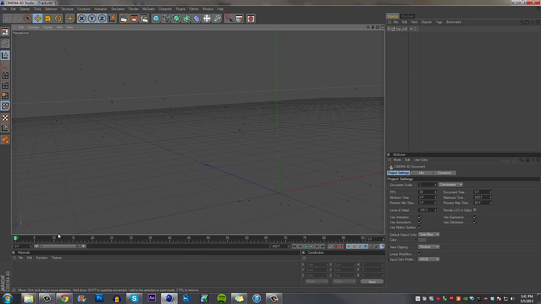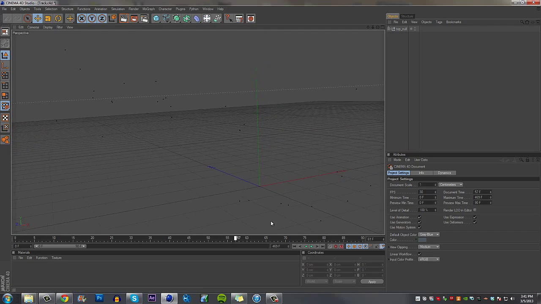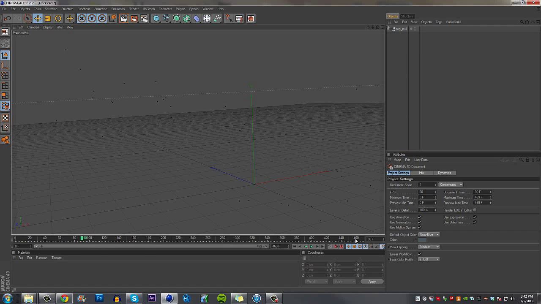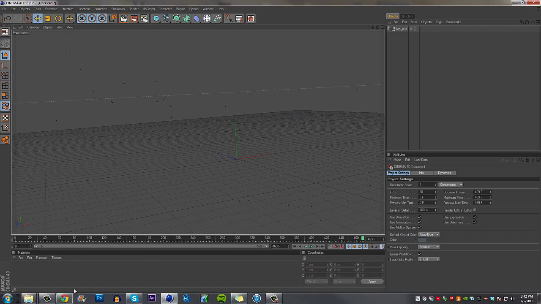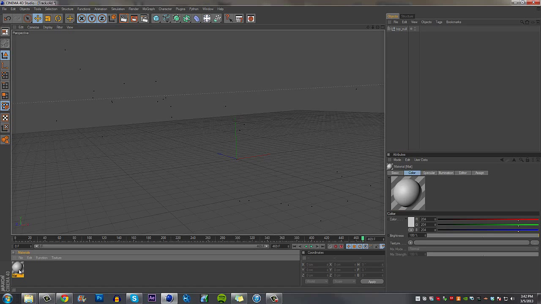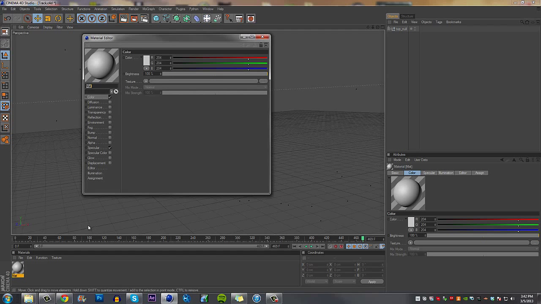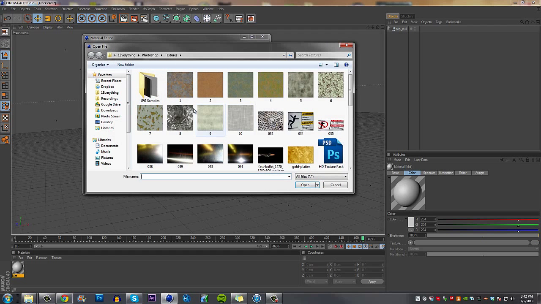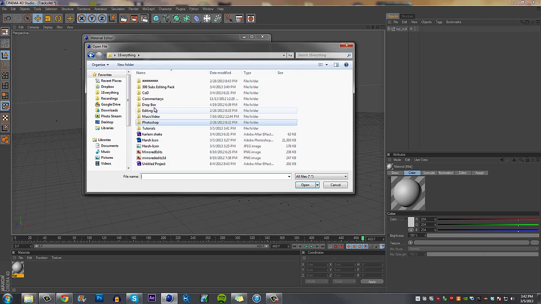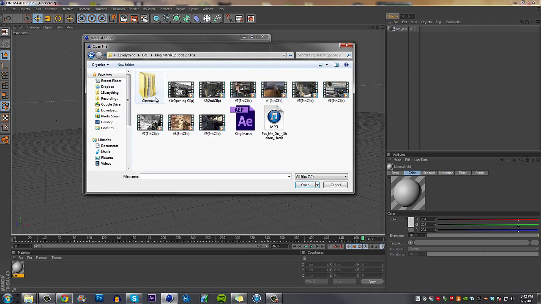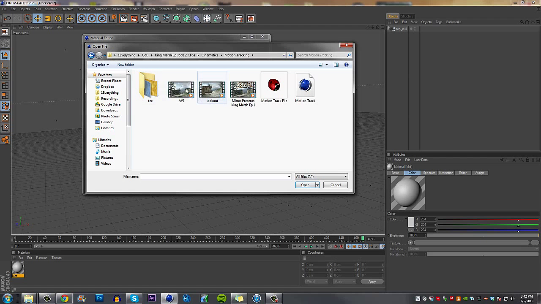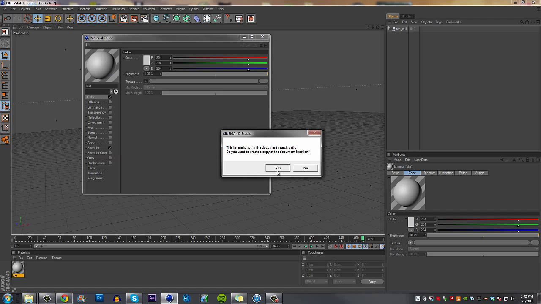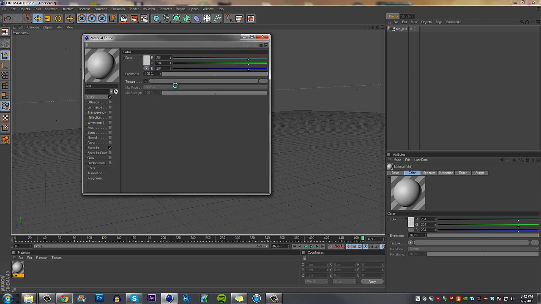And there we go. So basically now we have this little thing, and I'm not sure if this motion track was too good because I did it really fast, but we'll deal with what we got. Make a new mat, or double click right here, and you make a new solid thing, and load image, and go to where you have your AVI file, and that's my AVI. Open, yes, let that load up,